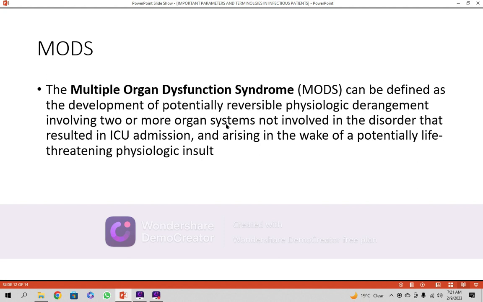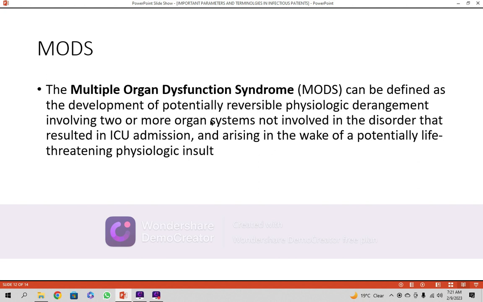Usually, coronavirus has an affinity towards the lungs, but it can involve the liver, the kidneys, and the brain. This is an example because it is a hot topic, although it is very well identified in cases of what we call enteric fever. We see MODS many times in life.